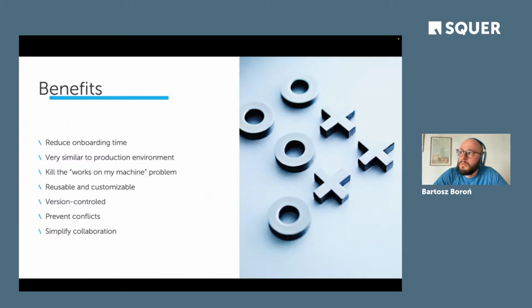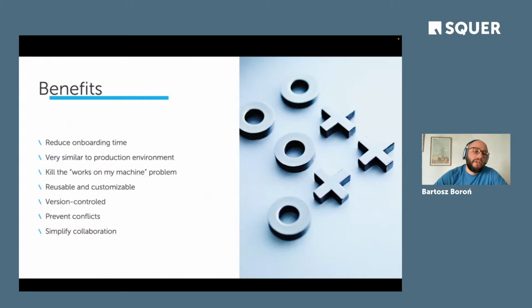Relying on the Dockerfile especially, and the Docker standard, which is a very mature technology, makes it very easy to reuse across different projects. You can have a Java base image that every project that is working with Java in your organization can reuse.